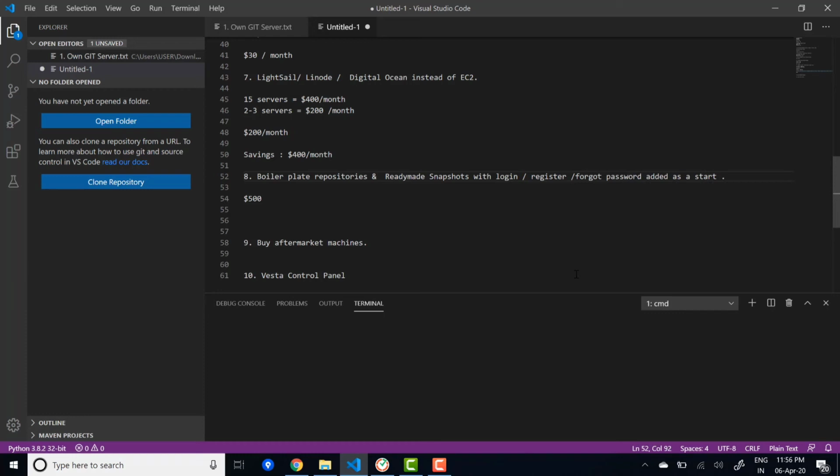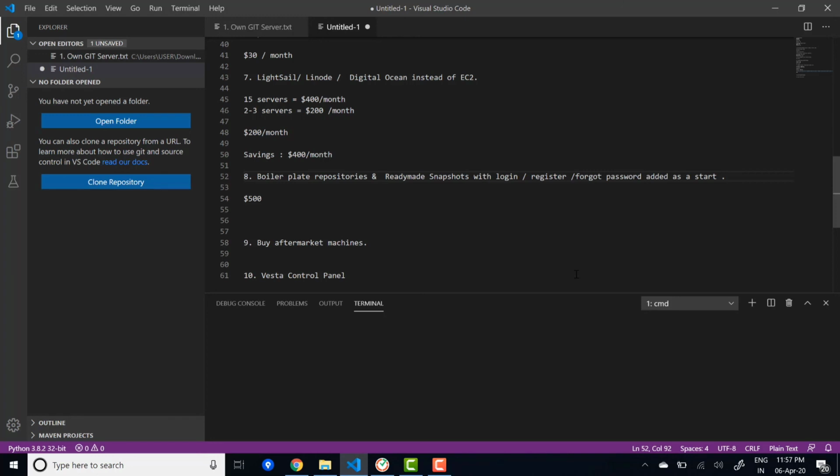This is one method. The second method, which is even more scalable, is if you're using different development servers, then you can even snapshot a whole Lightsail instance. So you can create a Lightsail development environment. You can clone that repo and you can just save it. In that sense, you will also save the Nginx configuration and all that. So you have a ready to start server for deploying.